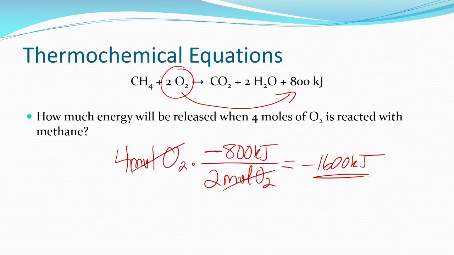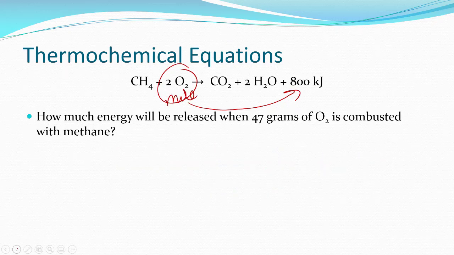These problems should look vaguely familiar, okay? Here's the hardest one I can give you. Same concept, same thing we got going here. The only difference is that in this question, we are starting with 47 grams of oxygen. Why is this different? Well, if we look, our balanced equation is in moles. This is 1 mole of methane. This is 2 moles of oxygen. This is 1 mole of carbon dioxide, 2 moles of water. It's not in grams. So the first thing we have to do is convert these 47 grams of oxygen into